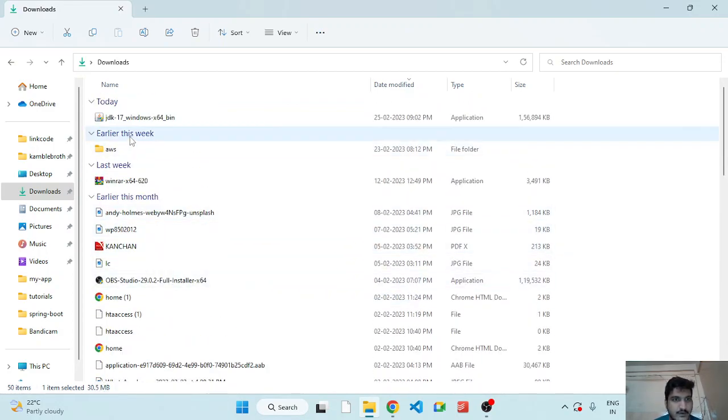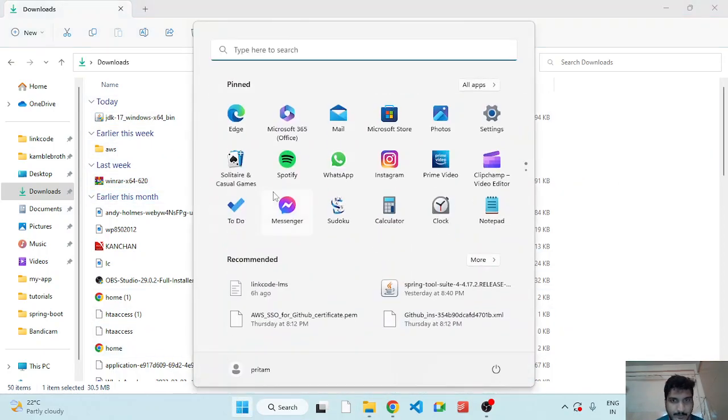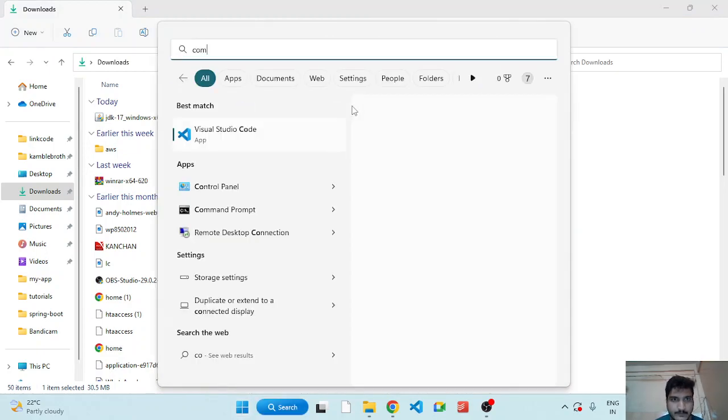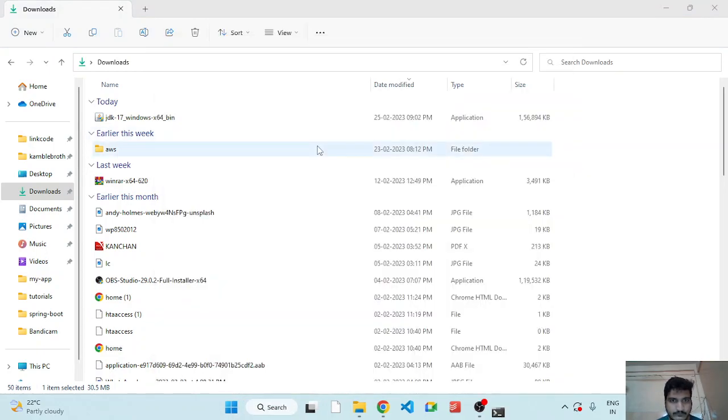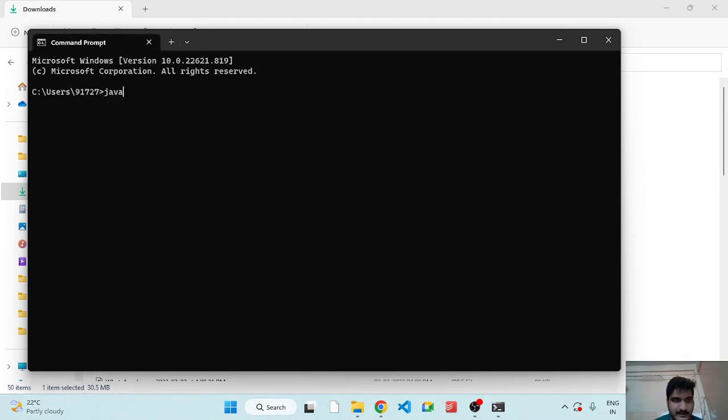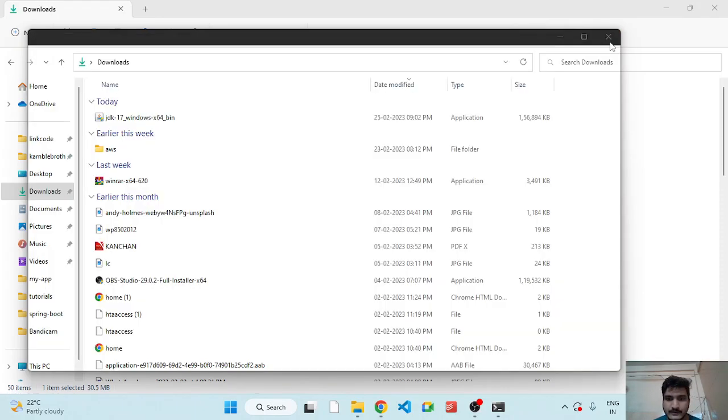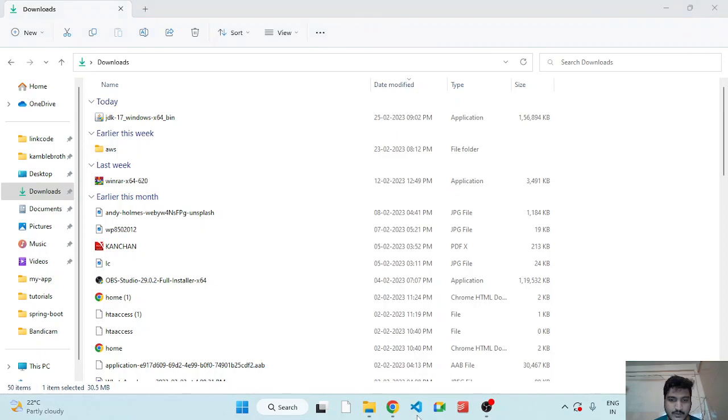So after installing JDK, we have to check if the path is set for Java. So open command prompt and type javac space hyphen hyphen version. So as you see, my path is set for javac and I can see Java 17 is installed. So next step, open VS Code